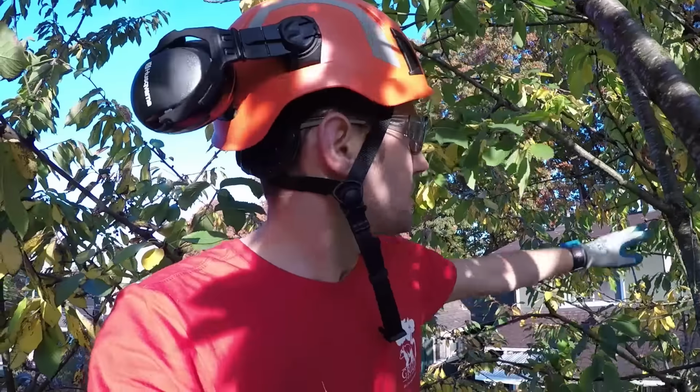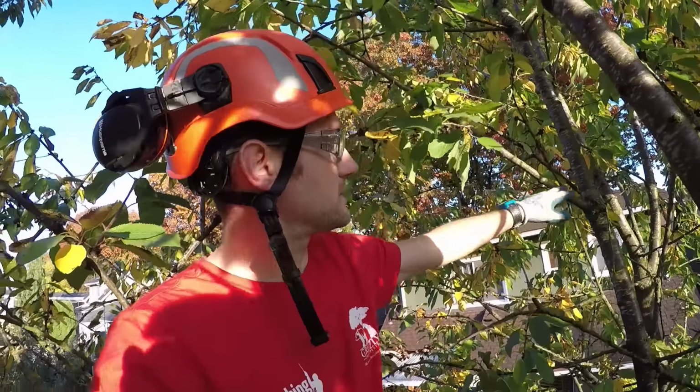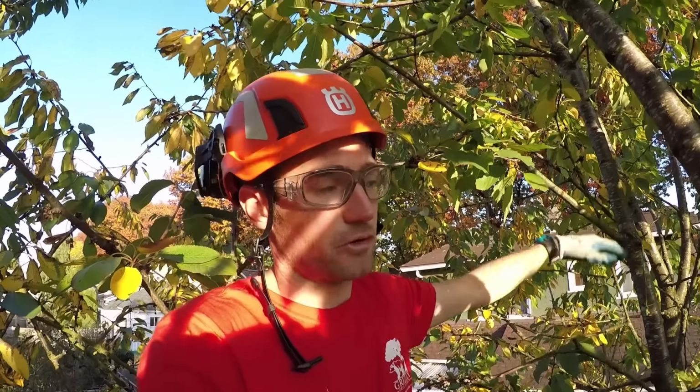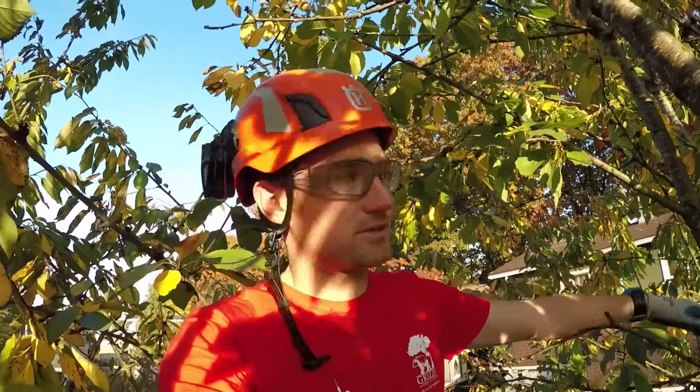So we're going to prune back and leave this as the new kind of leader. Well, not leader in a broadleaf cherry tree that's kind of wide like this, but you understand what I mean. And yeah, it's just the same throughout